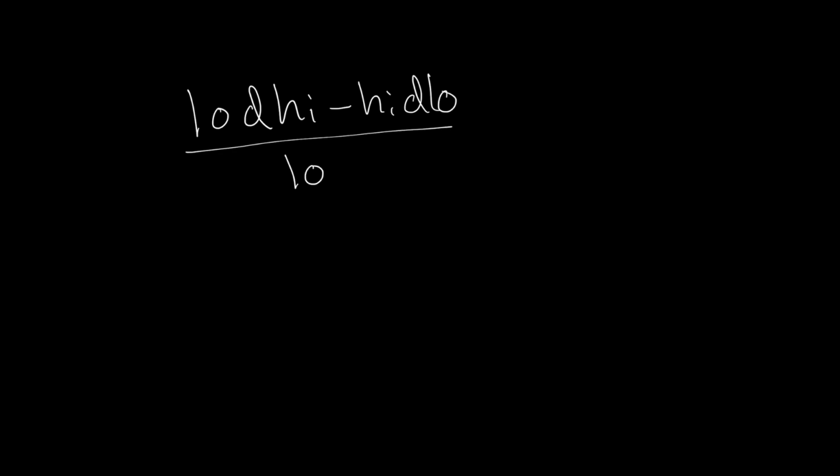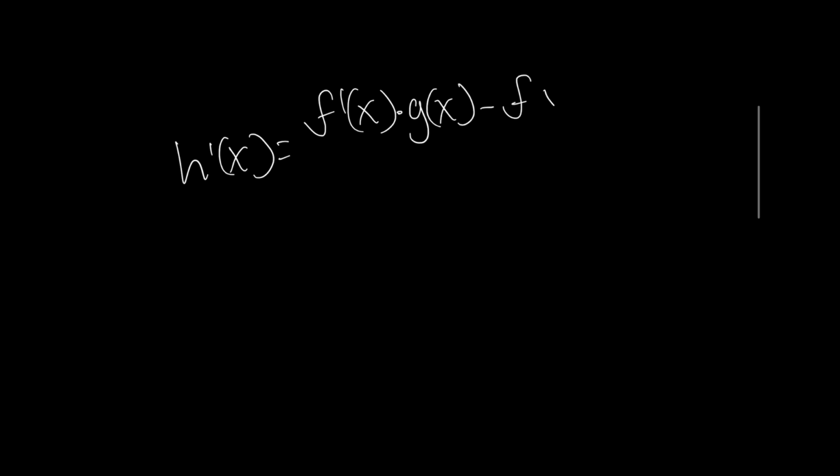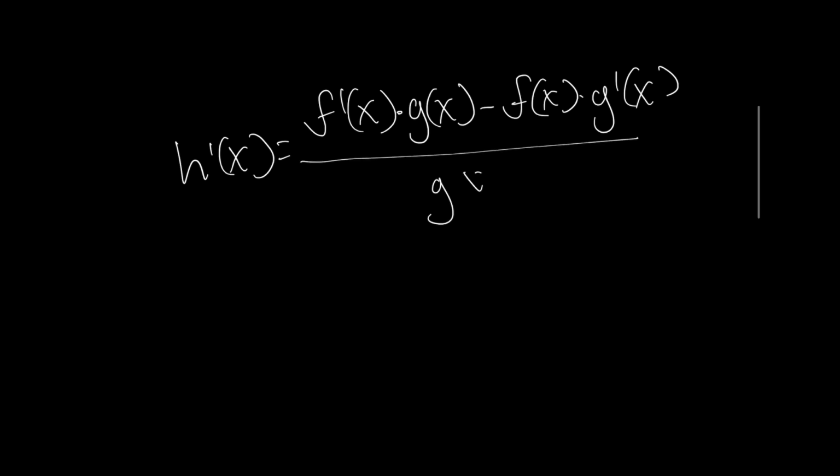This can be memorized by the phrase low d high minus high d low over low low, or h prime of x equals f prime of x times g of x minus f of x times g prime of x over g of x